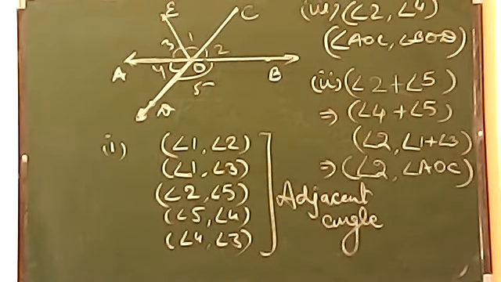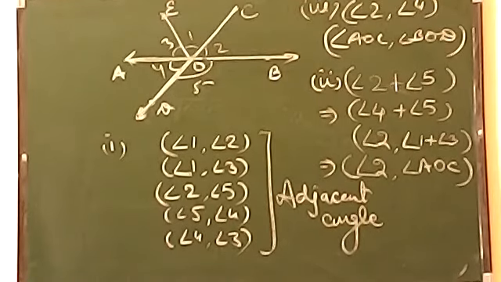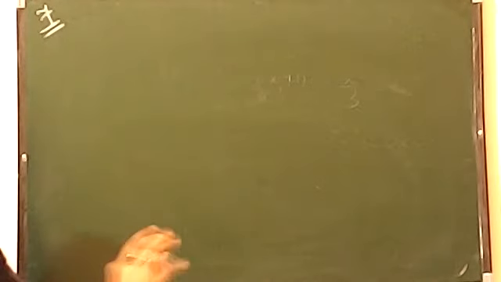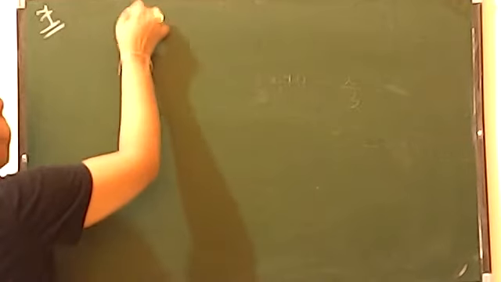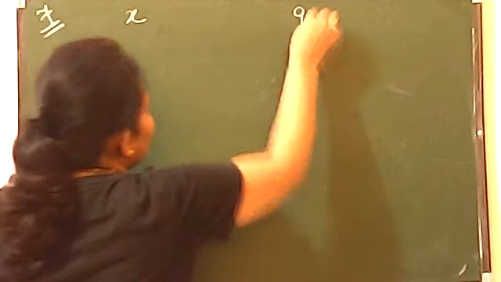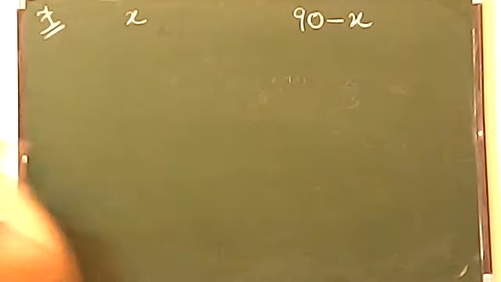Now let's talk about question number 7. Find the angle which is equal to 1/3 of its complement. This question I am telling you on the board. Now we are doing question number 7. It says you have to find out the angle which is 1/3 of its complement. So first of all, let us take the angle as x. If you have taken any angle as x, then its complement will be 90 minus x. We have just studied this in the MCQ also, it will be 90 minus x.